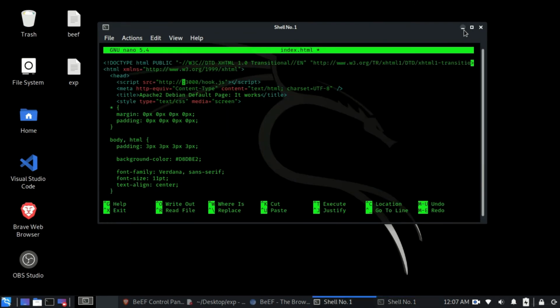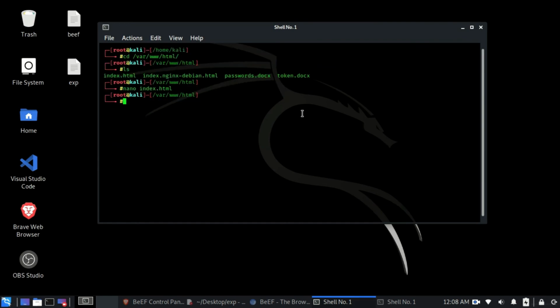So I will enter it here. Then we just need to save this HTML file and run our server. For saving, we will type Ctrl S and then Ctrl X to exit the editor. So we are done with the editing part.